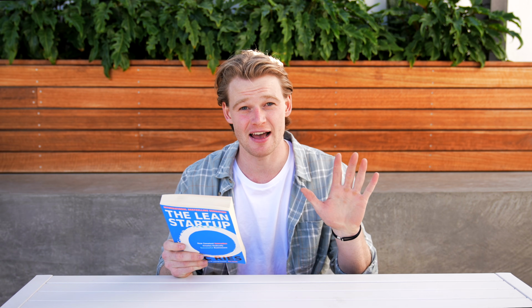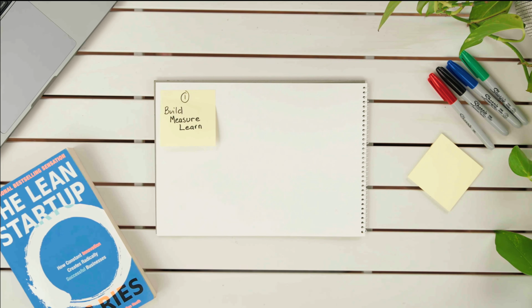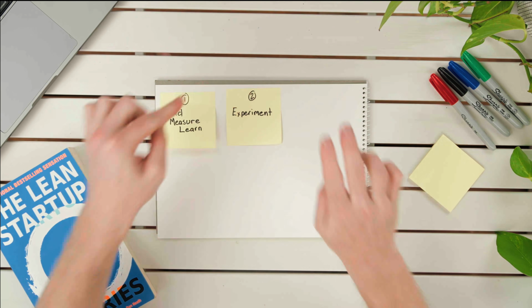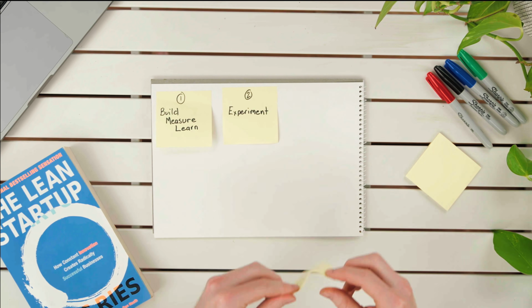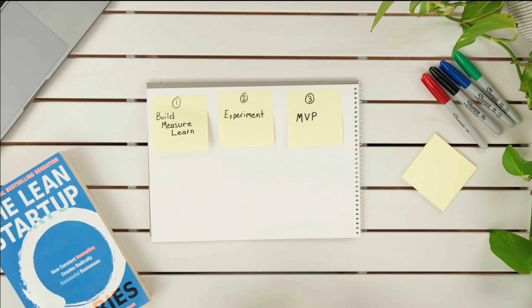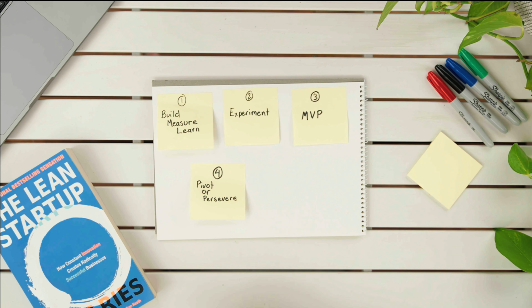We're going to do today in 5 main parts. Firstly, we're going to talk about how all startups need to adapt a build, measure, learn feedback loop. Secondly, we're going to talk about how to conduct experiments and why they're so important to startups. Then, you might have heard the term MVP before. We're going to break it down. We're also going to discuss when to pivot and when to persevere, which is a really important thing to know. And finally, the engines of growth for your business.